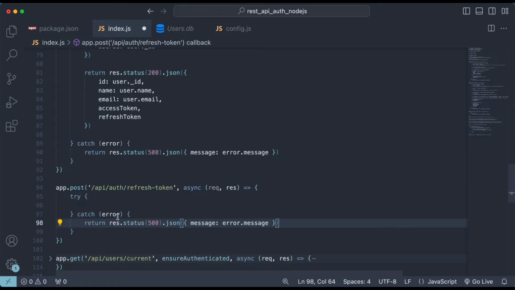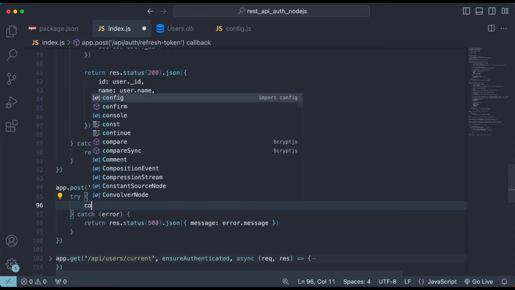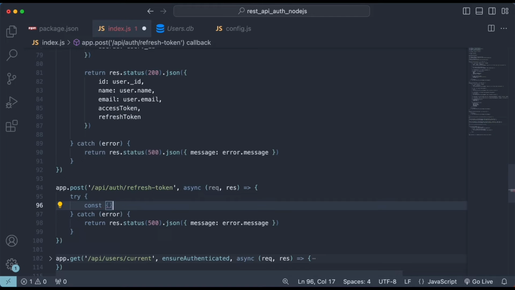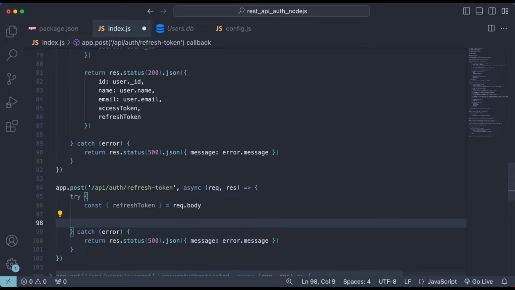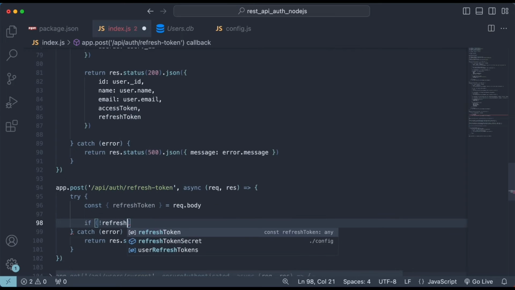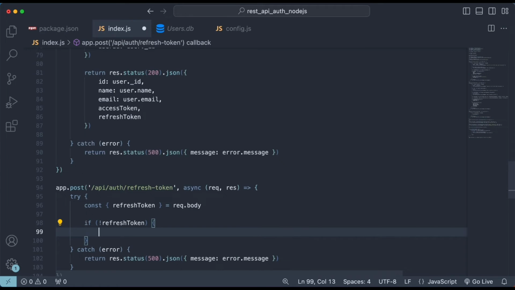Now inside the try block, the first thing we need to do is grab the refresh token the client will send on the request body. So I'll create a new const here, and inside curly braces, we're gonna grab the refresh token from the request.body. Now let's add a validation here, checking if the refresh token exists. So if, and an exclamation sign, the refresh token constant. So if the refresh token is not there, let's return